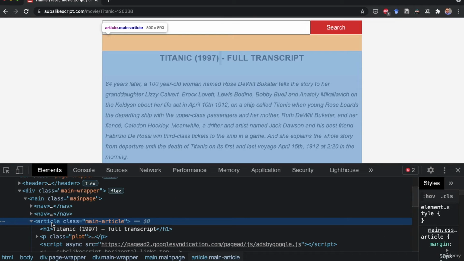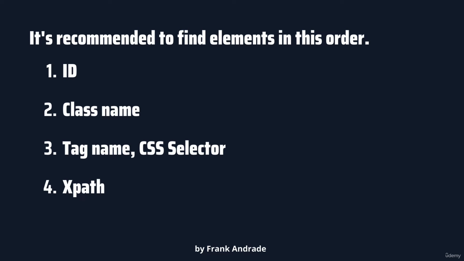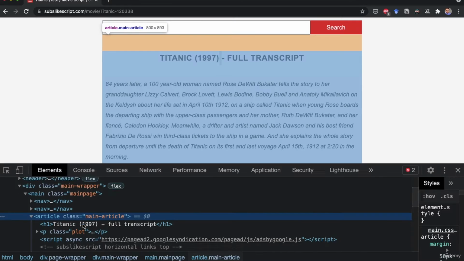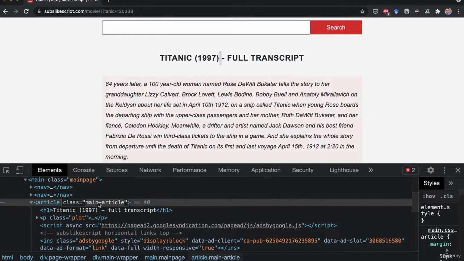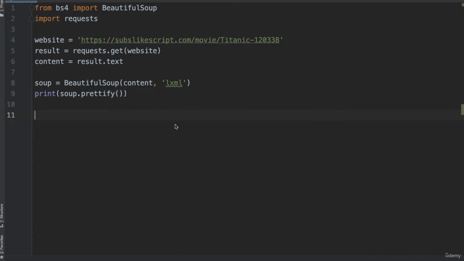It's really simple. So now if we want to locate an element, we're going to use that list that I told you before with those priorities. So if you remember, it started with ID, then with class names, then tags, and finally XPath. So now we have that class name. So we're going to start with this root that was the root of our tree before, and we're going to locate it first. So I'm going to copy this main article, and I'm going back here to the code,